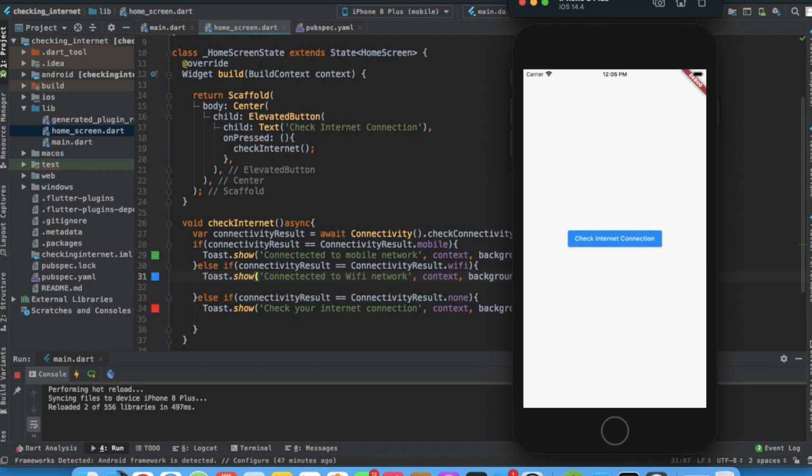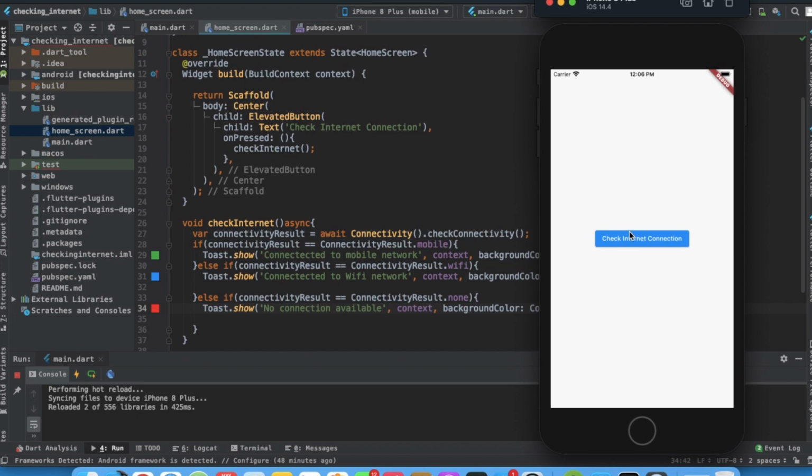Now I'll turn off the Wi-Fi. Now let us check. Instead of check your internet connection, we can just change that to no connection available.